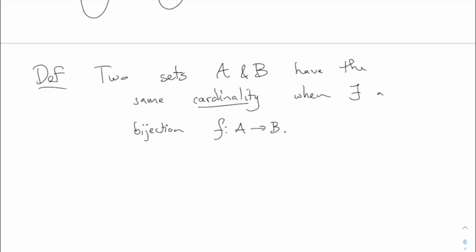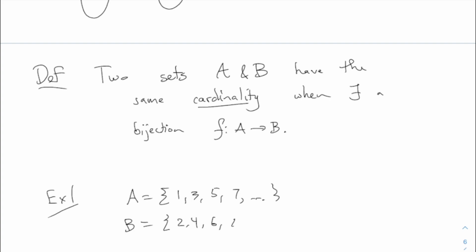All right, we've got 4 more minutes. Let's just do a specific example here. This will only take maybe 1 minute. How about the set of even numbers and the set of odd numbers? Let's just look at positive numbers. So I'll call A 1, 3, 5, 7. These are infinite sets, and B is 2, 4, 6, 8.